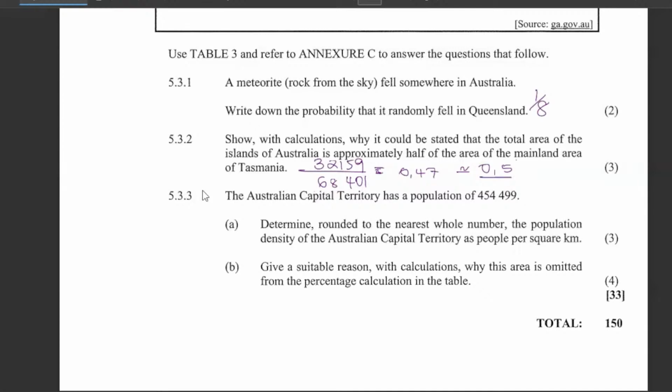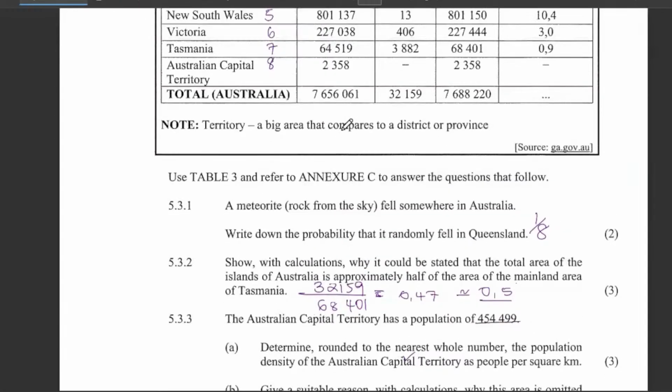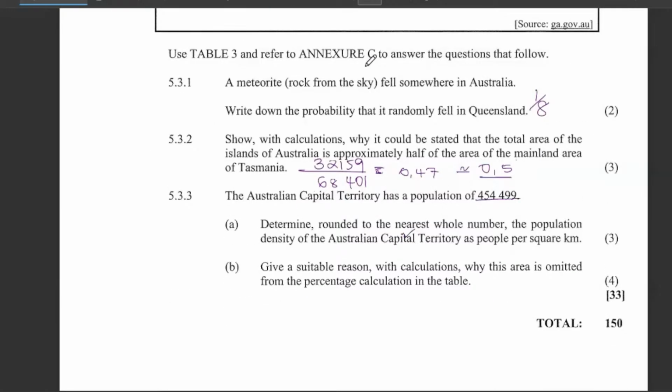So the people are these ones here. That means the people are going to be divided by the area of the Australian Capital Territory. So we shall get this number here divided by 2358. It becomes 102.75, but we are looking at humans, so which is